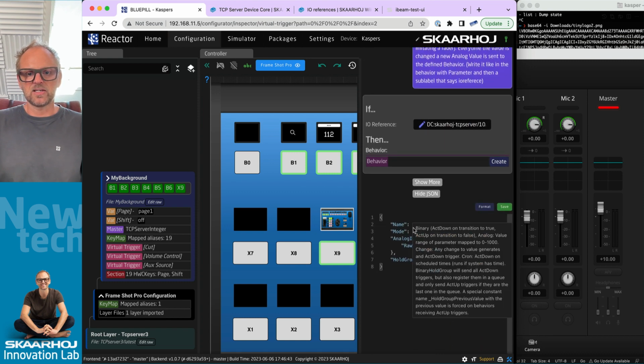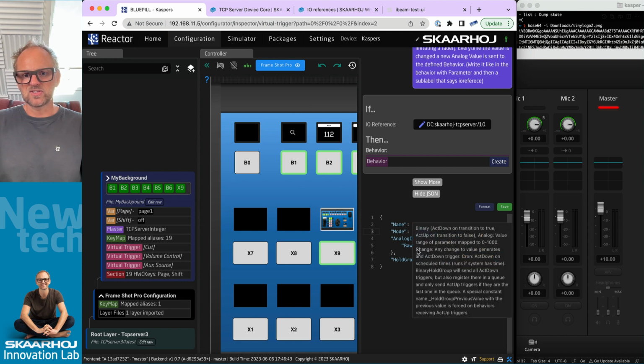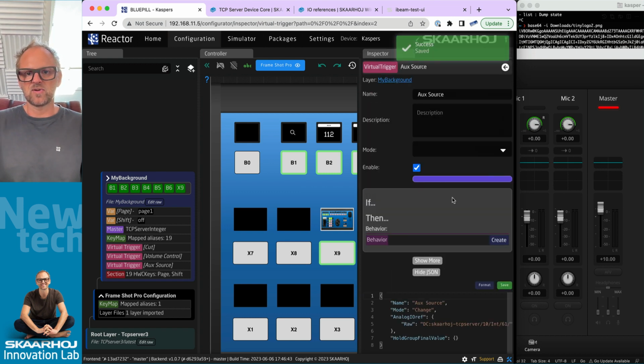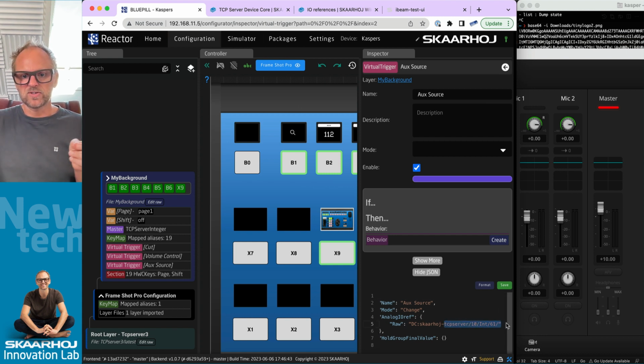So basically, I need to use JSON to edit this one. I think maybe it is actually updated. It says change here, but it's just not in the UI. So it is explained that it works. I type in change and save. Now you can see the mode is not selectable up here because it's not in this dropdown, but it is actually set to change. So in any case, I have the IO reference down here. Whenever integer number 61 changes its value, I'm going to receive a binary trigger into my behavior,